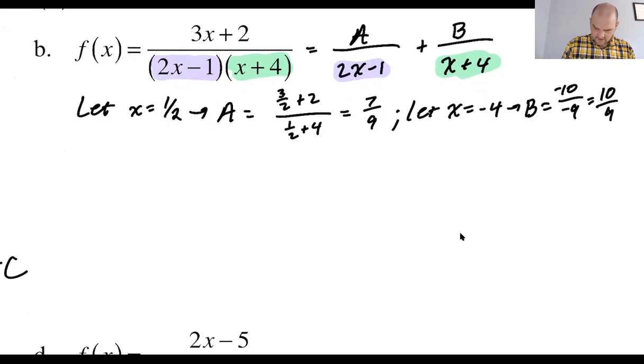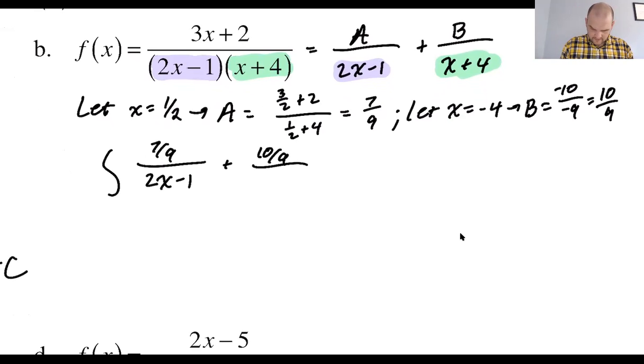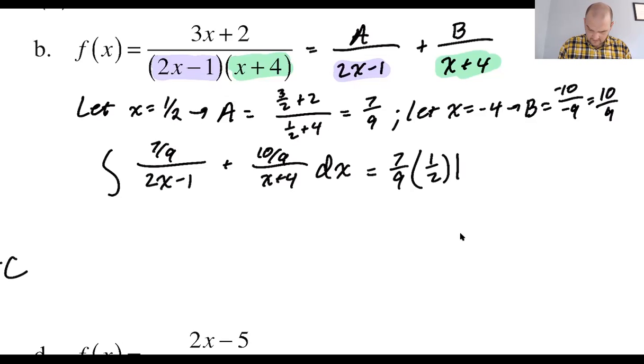So we want to integrate. The only thing you can mess up at this stage is to put the wrong thing over the wrong fraction. And then plus 10 over 9 over x plus 4. We do have to be careful on the first integral because, so you can take out the 7/9, and then the integral of 1 over 2x minus 1, there should be a 2 in the numerator, so a 1/2. So I'm doing u substitution, but doing it in my head. Absolute value of 2x minus 1